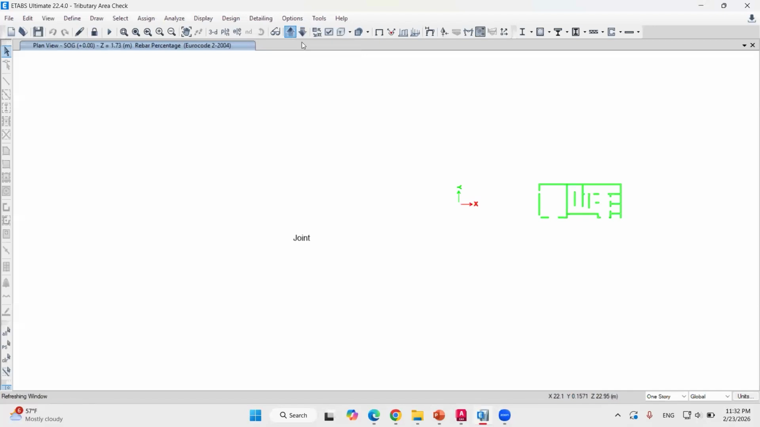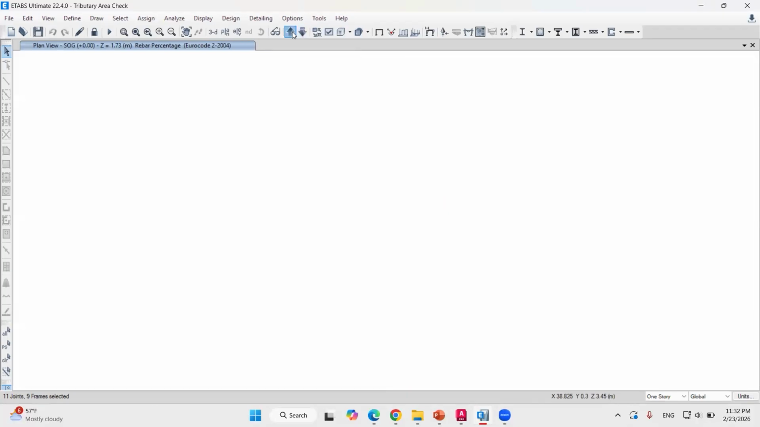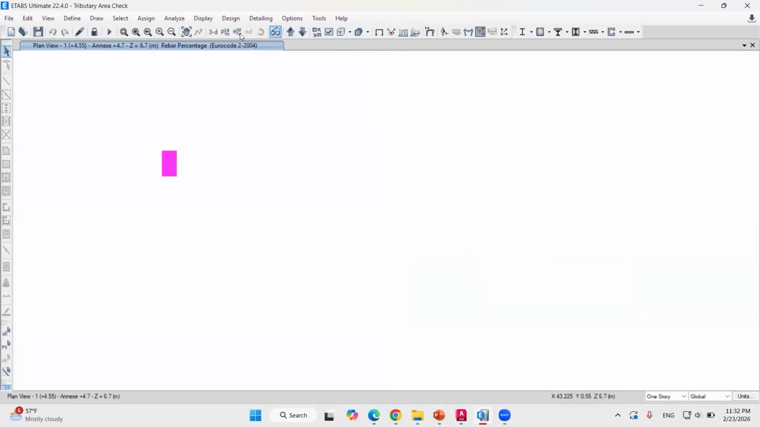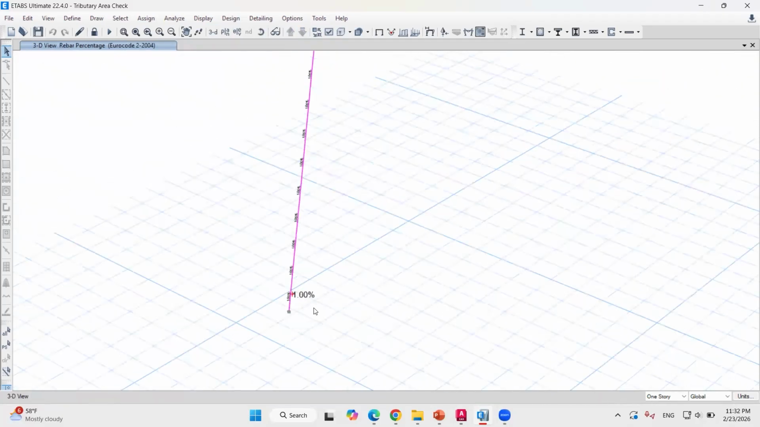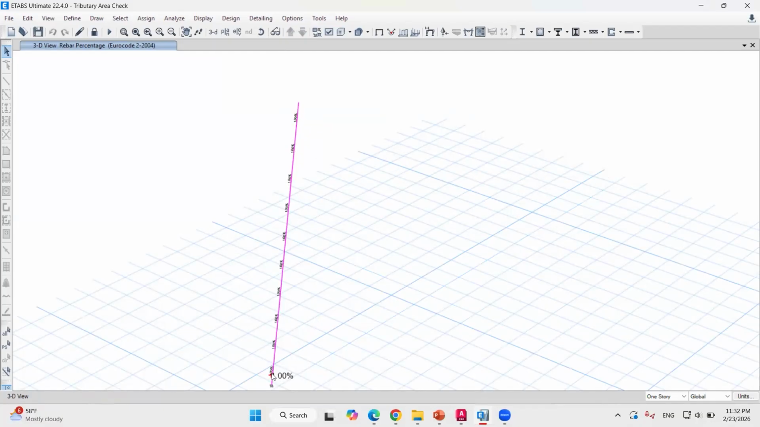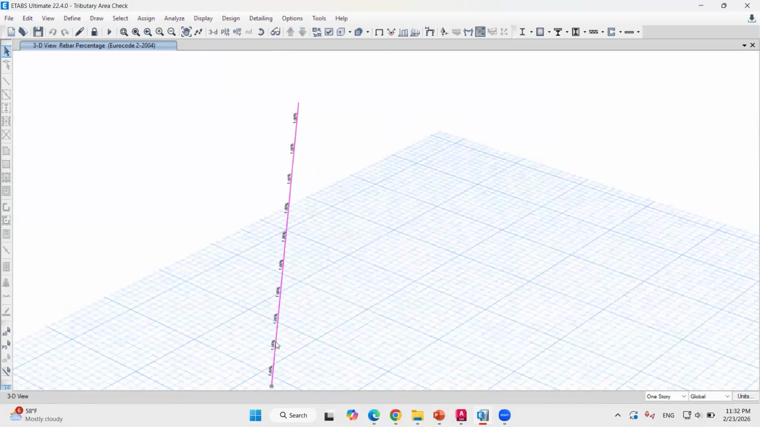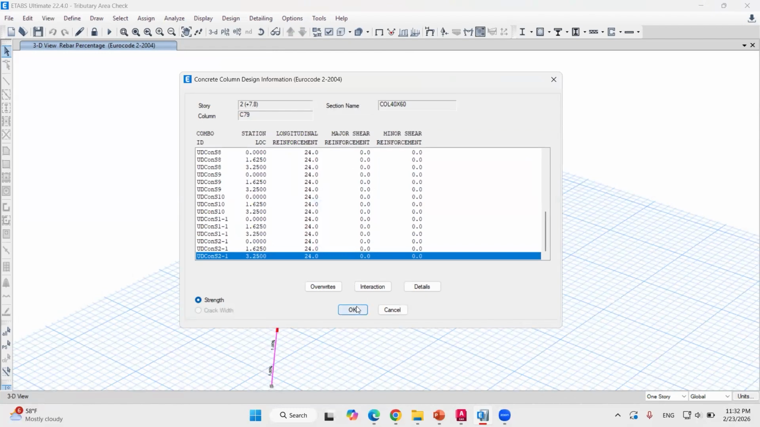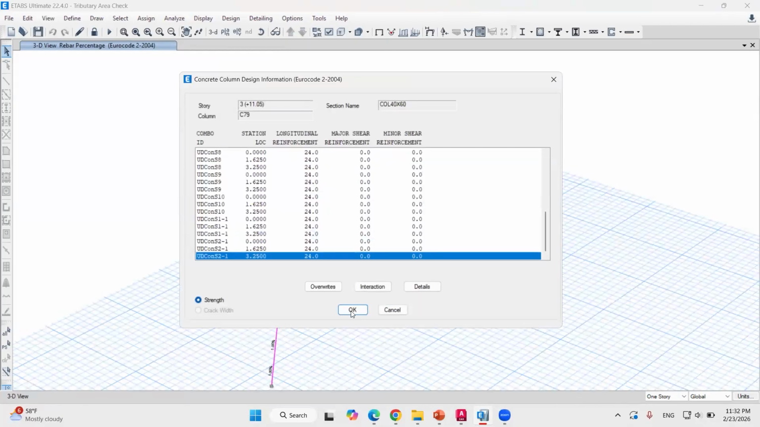back to check where was the column not selected. This is it. Okay, show selected objects only in 3D. So as we can see, the required reinforcement percentage for the column is 1% from bottom to top. Okay, so this column was 40 by 90, and then 40 by 70, and then 40 by 60 for the rest of the floors. Okay, so if we begin by the 40 by 60 column,